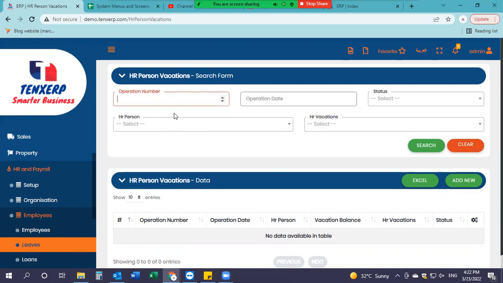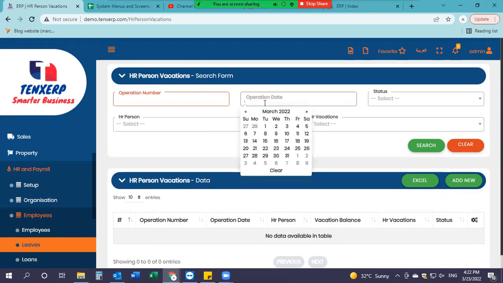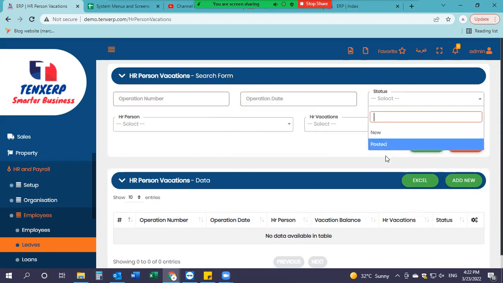So like the serial number that is allocated automatically by the system, or the operation date, which is the date exactly as to when the leave was initiated or started from, the status, so whether it's a new entry that you've just entered or it has been permanently posted in the system, and the person. So let's say the employee name